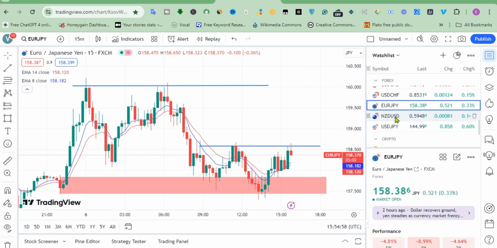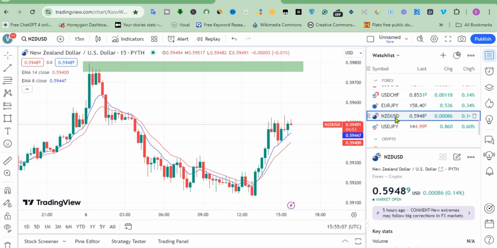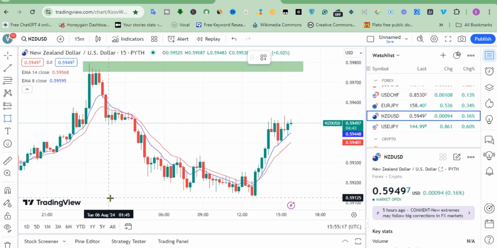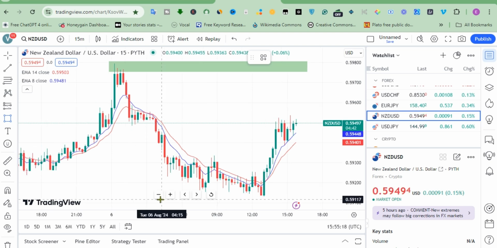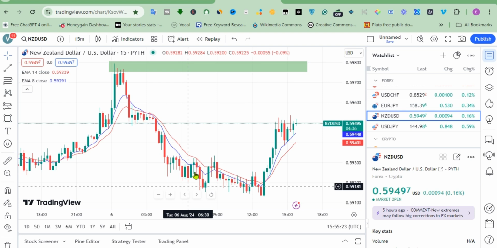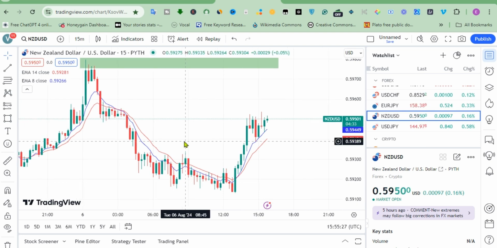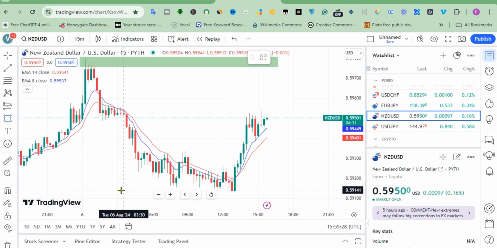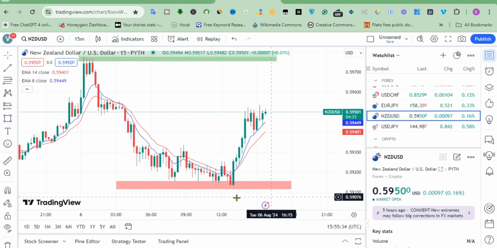So let's move to the next one, the NU. Okay? That is New Zealand dollar versus US dollar. Okay, this is almost the same thing. I drew this line. You can see this is my supply zone. The moment price got to this place, it flew down to this place. See, the moment it gets here,